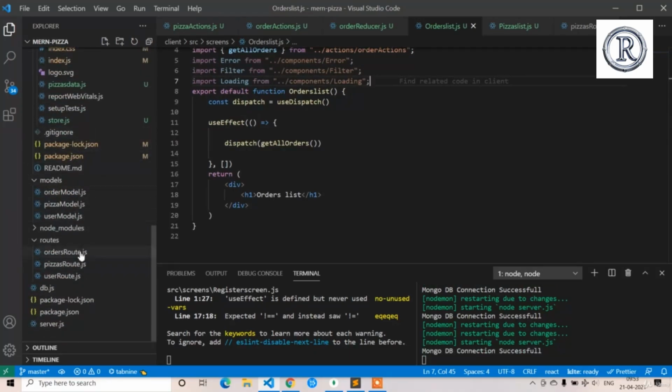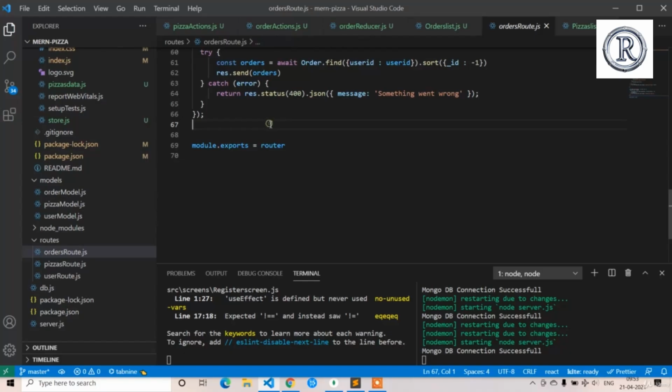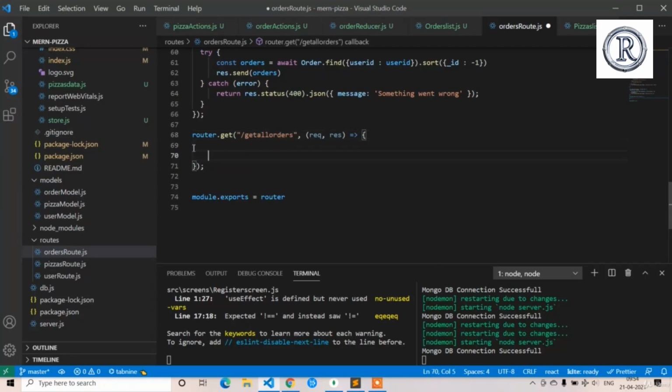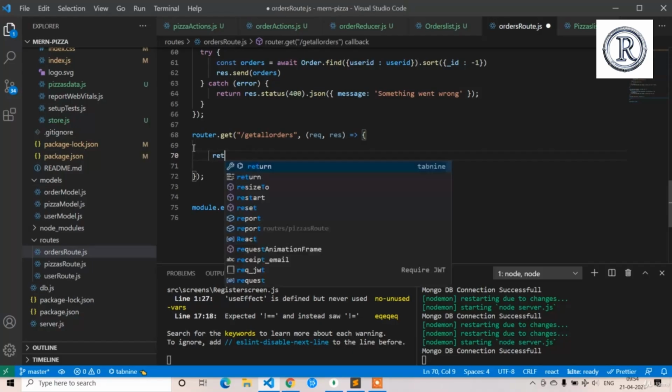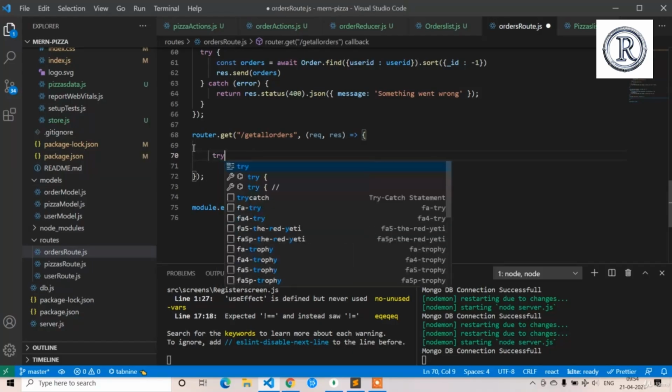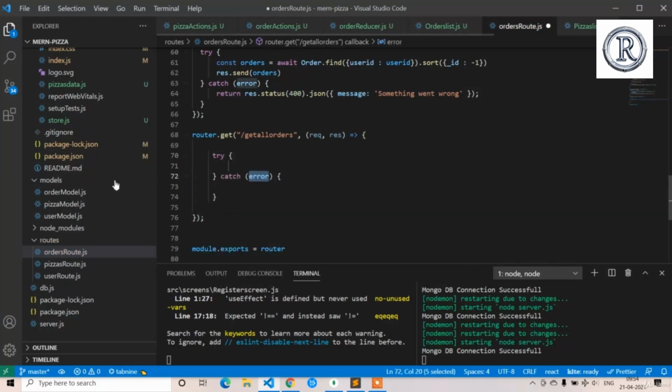Where is it? Orders route. I am going to write router.get, get all orders. Get all orders, spelling is wrong. So here I am going to write try catch. So we need not to receive anything from front end. Try catch. Here I am going to send const orders